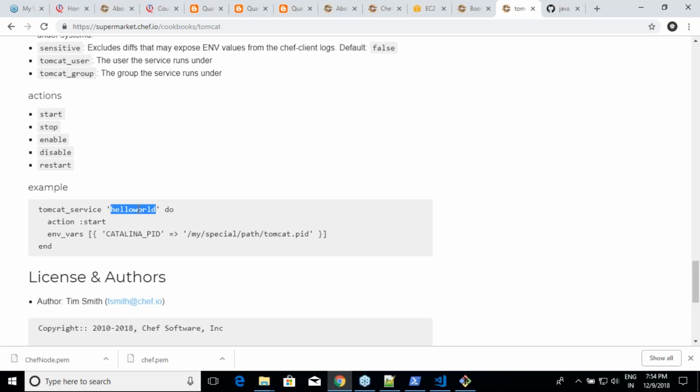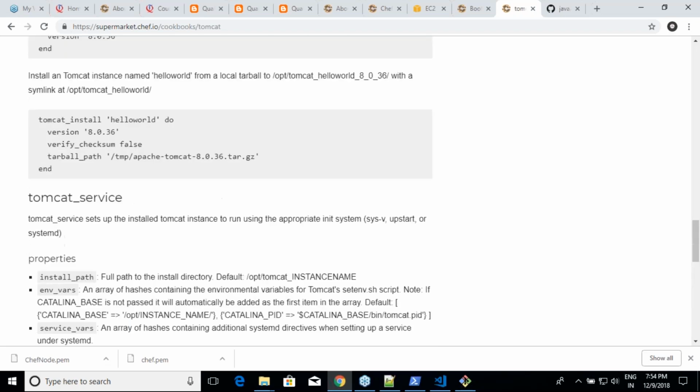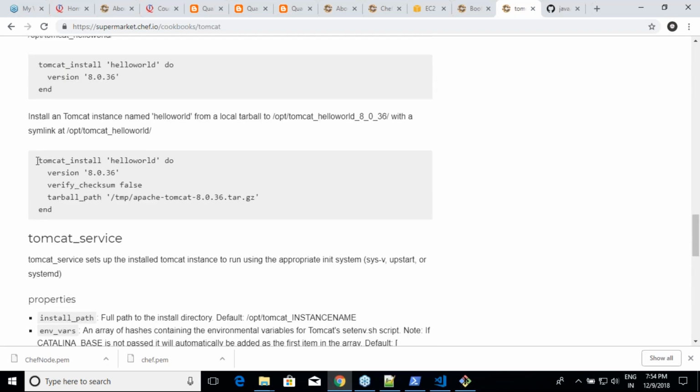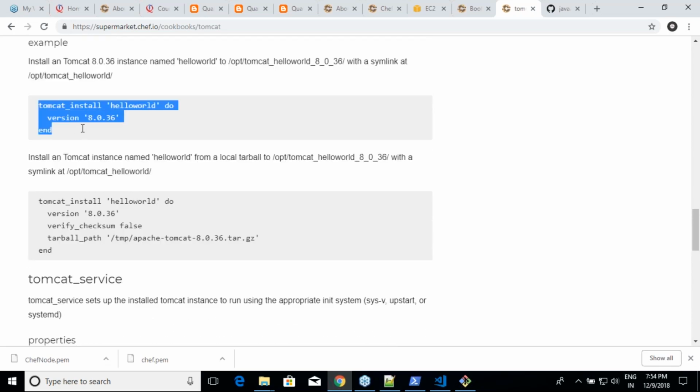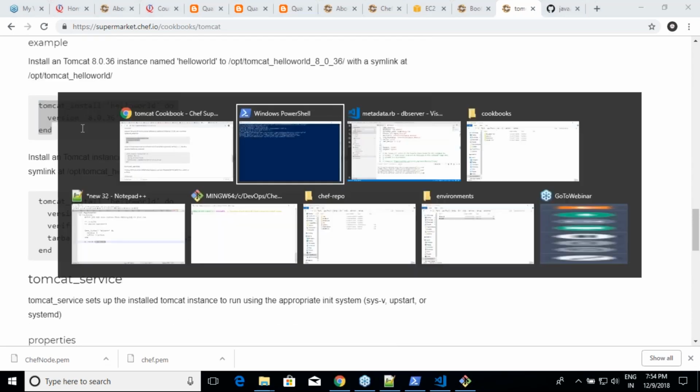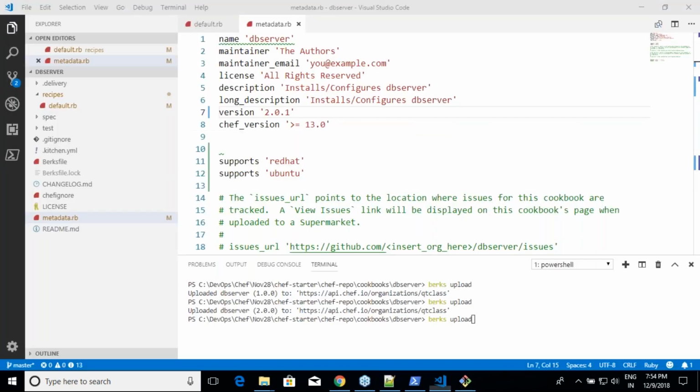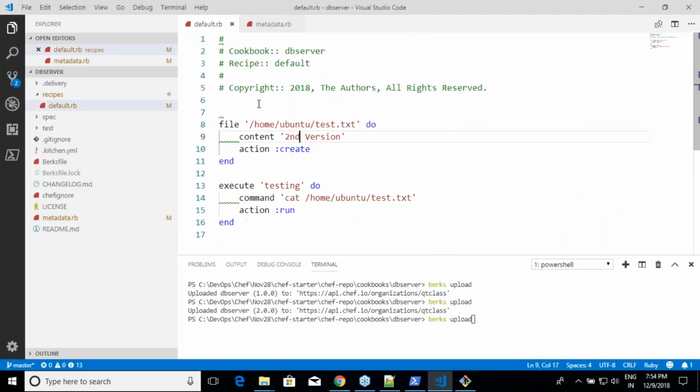Yeah. So if I want to use this cookbook, what should I use? I'll basically use something like Tomcat. This is a Red Hat machine, right? I have to write this in DB, it is Ubuntu. Yeah, it's okay.